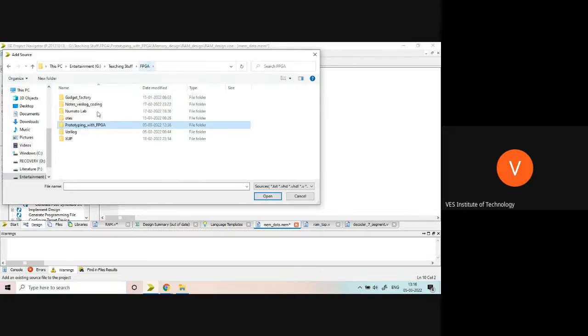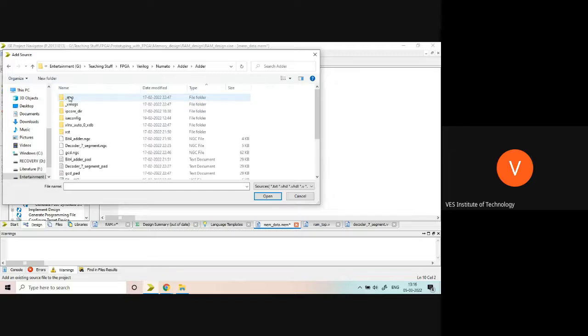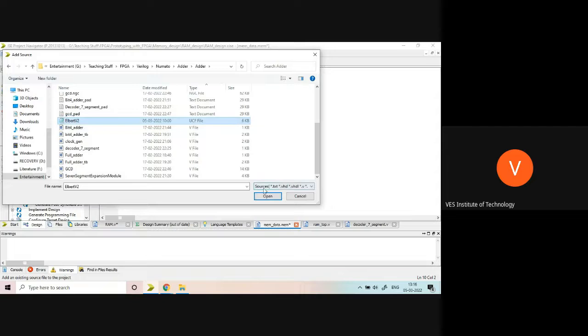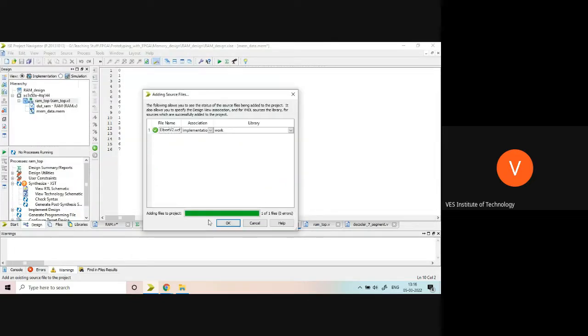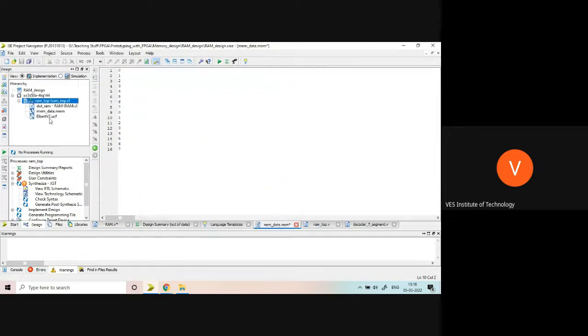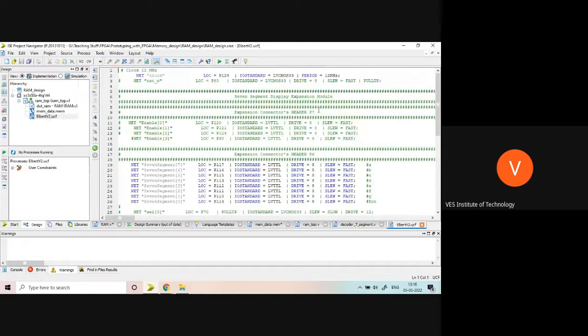Okay, just a minute. So I have written a UCF file. I will show you what to write in that UCF file. You already have that UCF file too, and you may use that file. So let's see what to write in this file. Now we are using a clock, so you may use net clock LOC P129. For P129 there will be the clock.